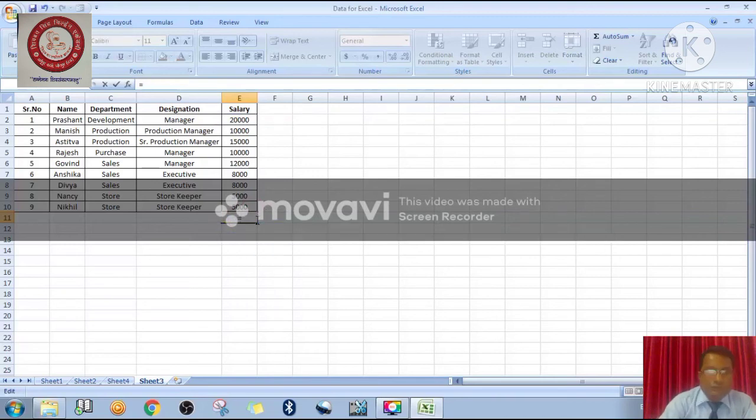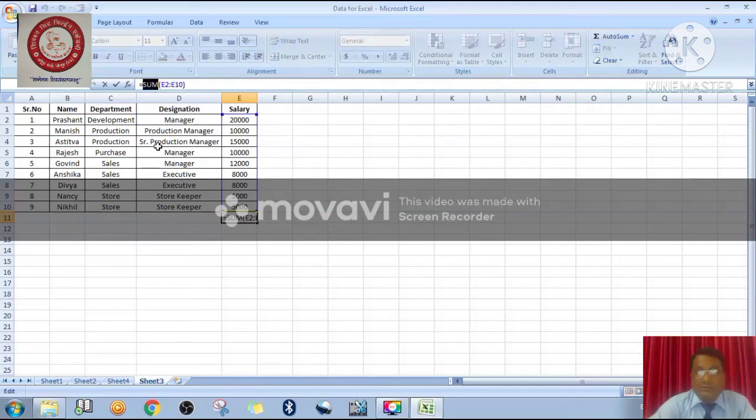First equal to, then after that SUM, then from E2 colon E10, then bracket close, press Enter, right? See the result. Okay, so once it is correct, it appears in blue color, right? So my question is, if you use the sum, what is sum?